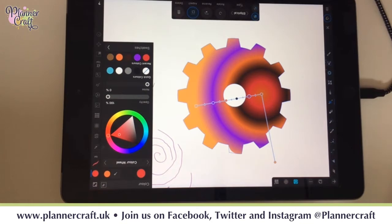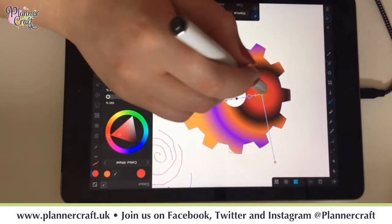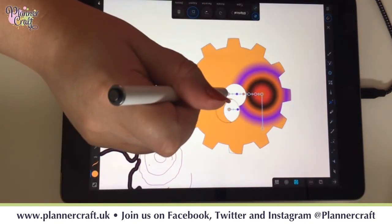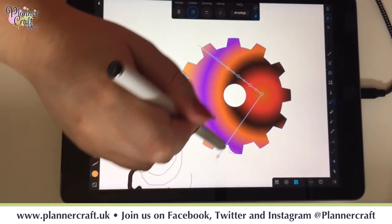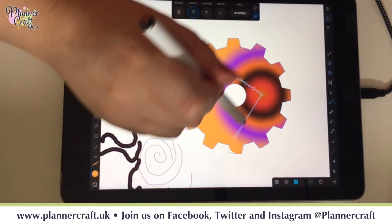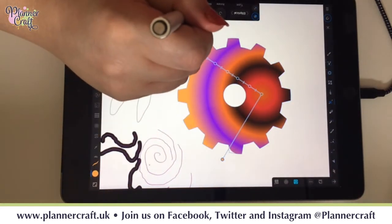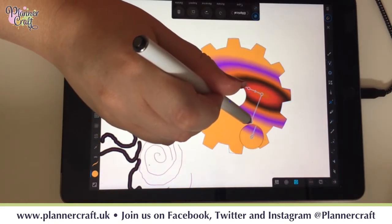If we then change that to elliptical, this centre point here is the centre point of your blend, and you can either do it ovally or circularly. At the moment it's locked so that it will do aspect ratio, but if we untick the blue where it says aspect, we can play and we can actually put in